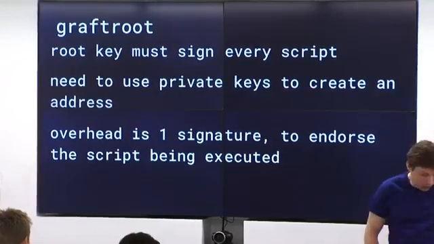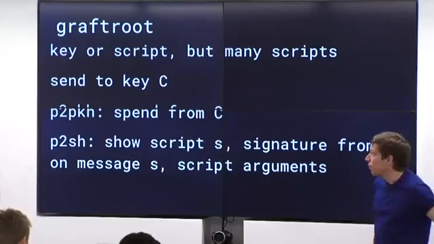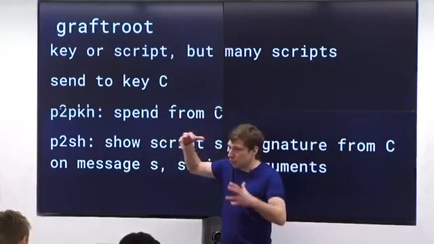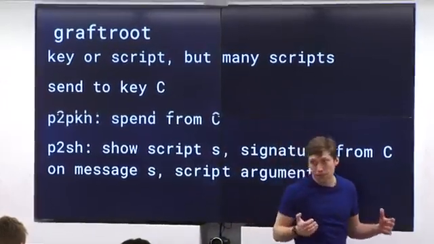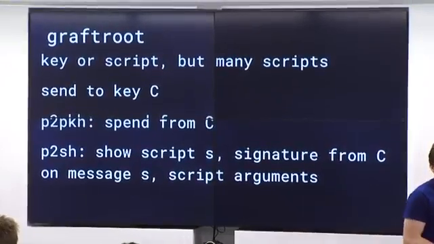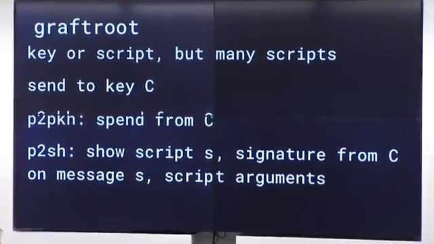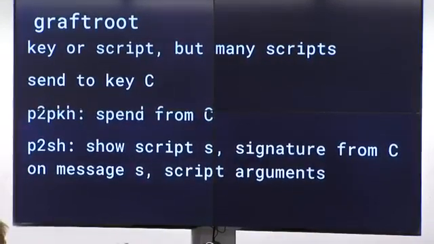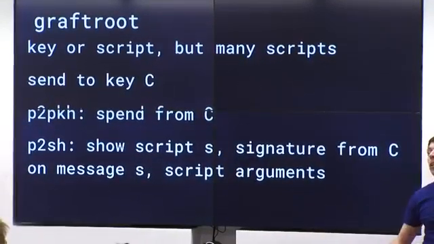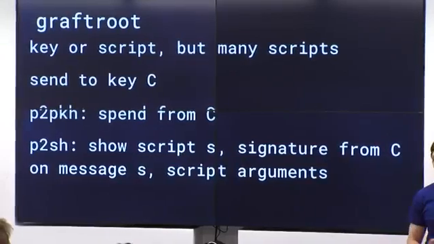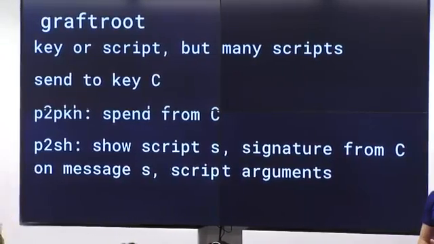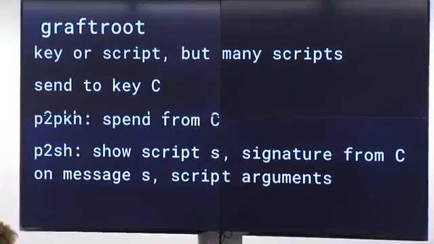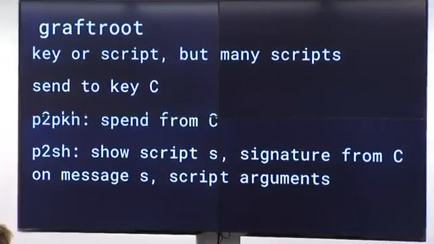So that's kind of the interesting thing about this, is you can say, OK, I'm sending to the key C, which is this root key that's all 50 participants. And then after the fact, after it's been confirmed in the blockchain, those 50 participants can say, actually, you know what? 2 of 50 is good. We're not spending the money right now, but we're all agreeing that any 2 of us can spend this money later. And so they all get together, and all 50 sign with the root key C